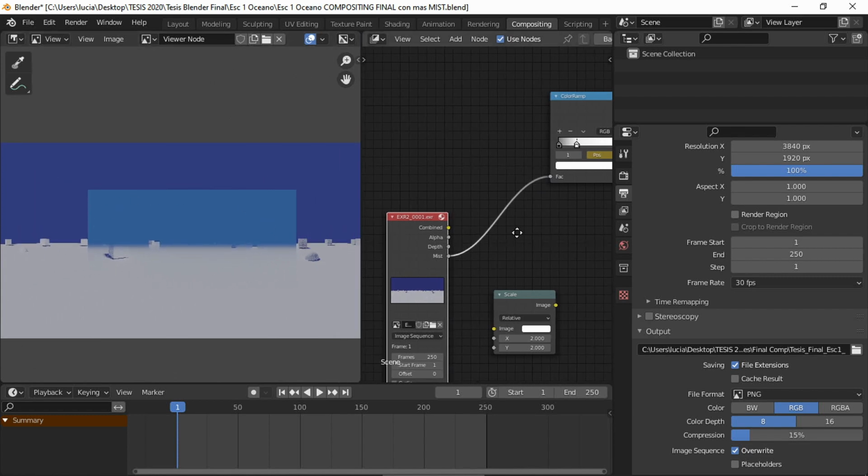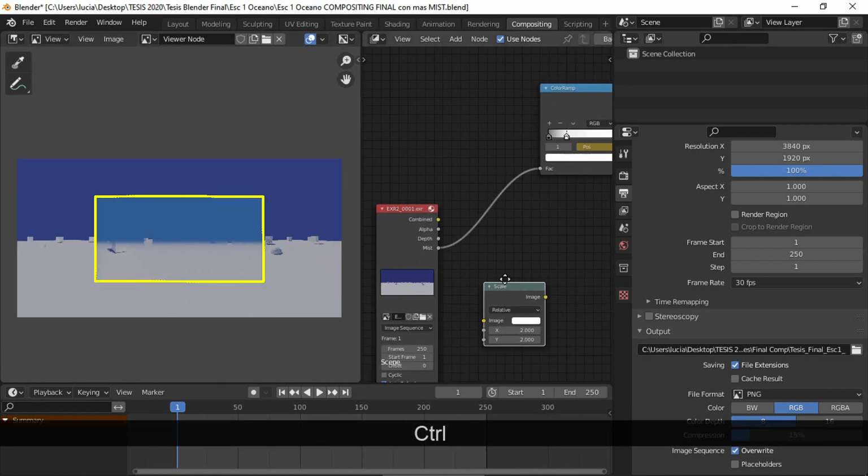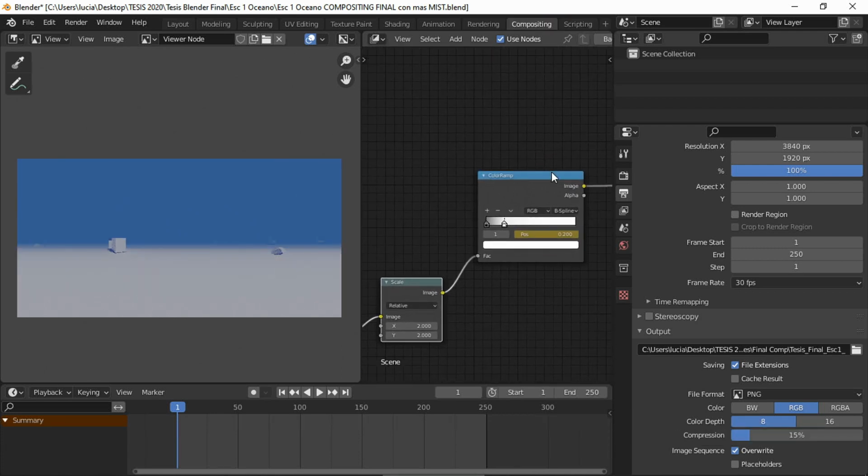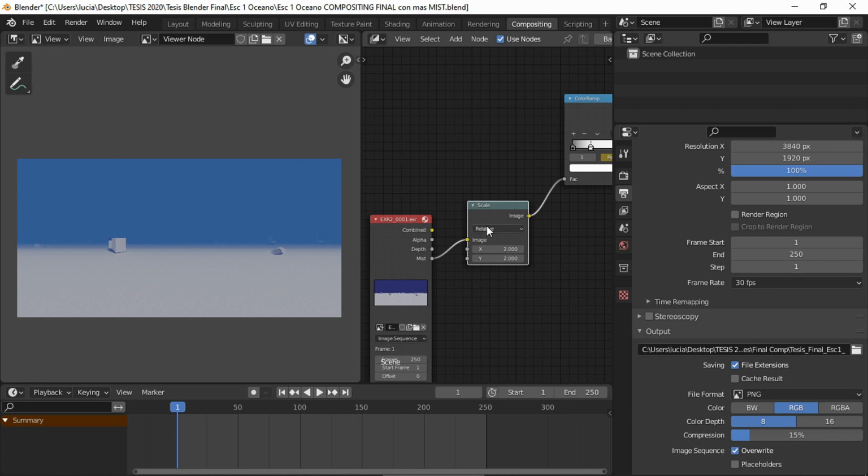And because the EXR has a lower resolution, we need a scale node. And the rest is just like the previous compositing settings I showed you.